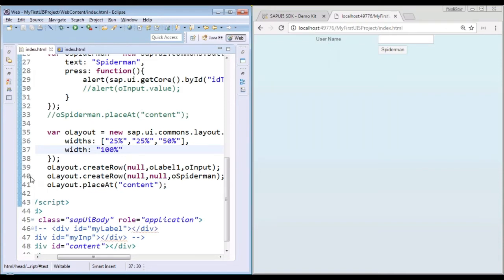Line number 40, okay. And what change should we do? Right, you're all right. We got to place the button as position number 2. You're right. So let's place it here. And then you can, of course, on a safer side, put a null here just to see that last content is null. And just save this and refresh on the left, and you see the button is moved below the